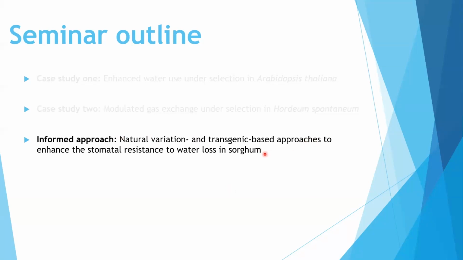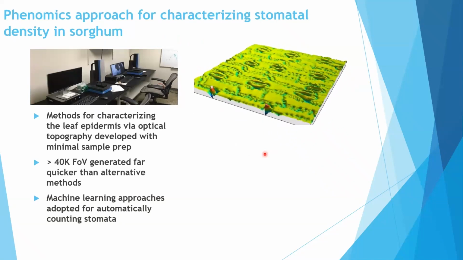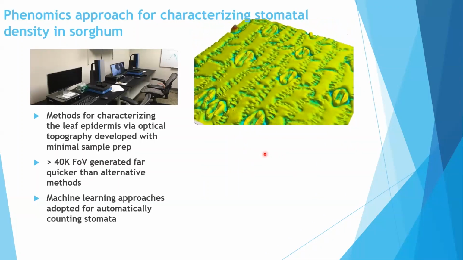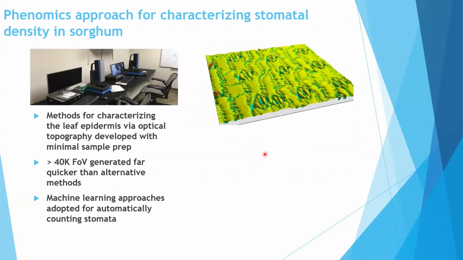Sorghum is a really important crop species, not so much in Europe, but in the US and Australia, and it's closely related to maize. This is all work I did in my postdoc at the University of Illinois. I helped develop this microscopy method using optical topometry to characterize 3D leaf surfaces. Looking at stomata is notoriously difficult, and the gold standard approaches are quite complex. So we developed this method where we could just put a leaf directly underneath these microscopes, with no sample preparation, and generate this 3D